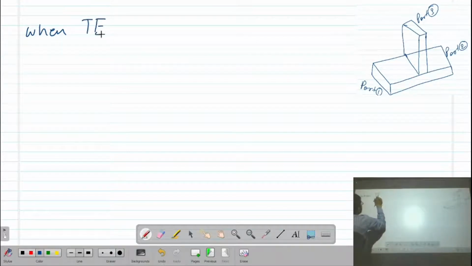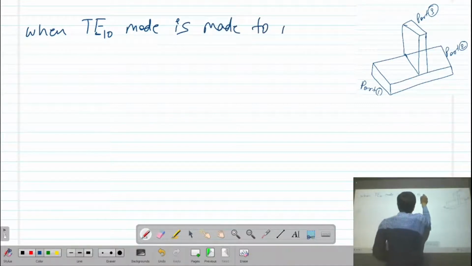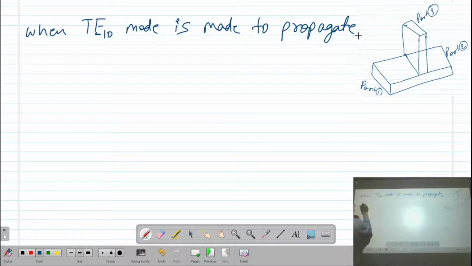So when TE10 mode is made to propagate into port 3,